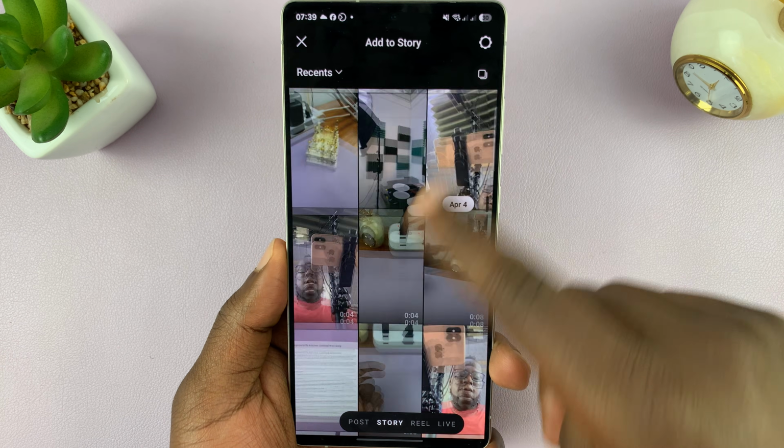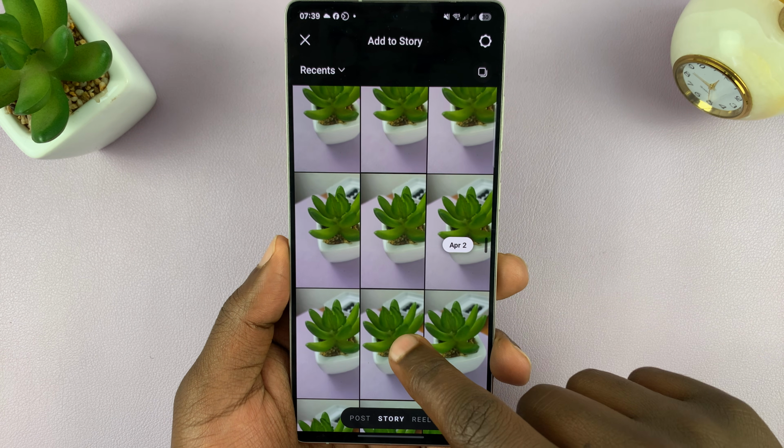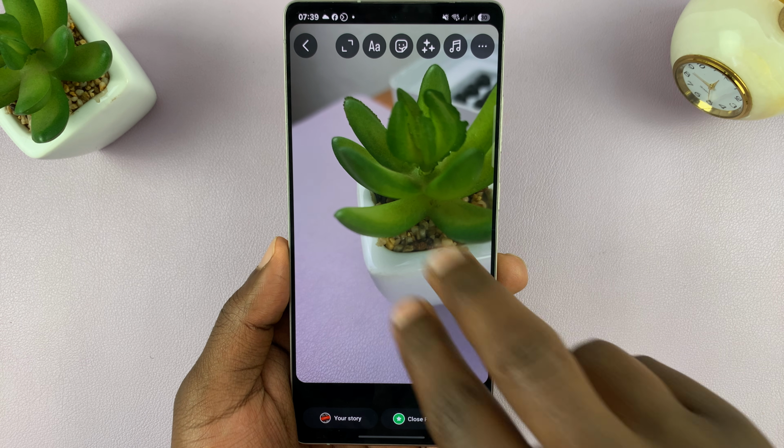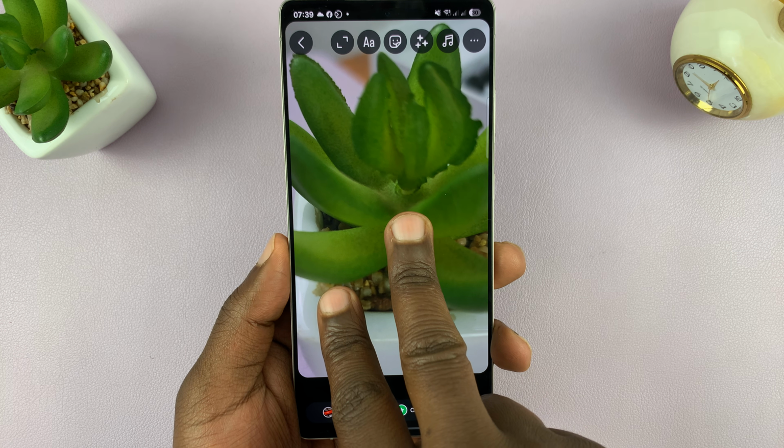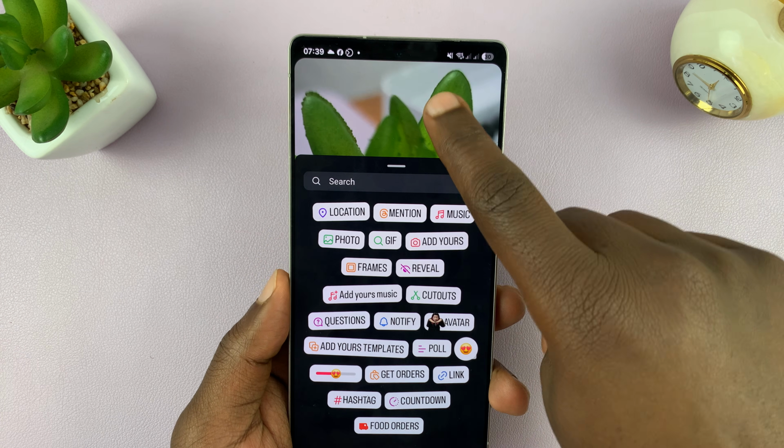So just go to your gallery, select the photo you want to use for your background. So for instance, I want to use this one, and I can expand it, I can twist it, I can set it exactly the way I want. And once I do that,